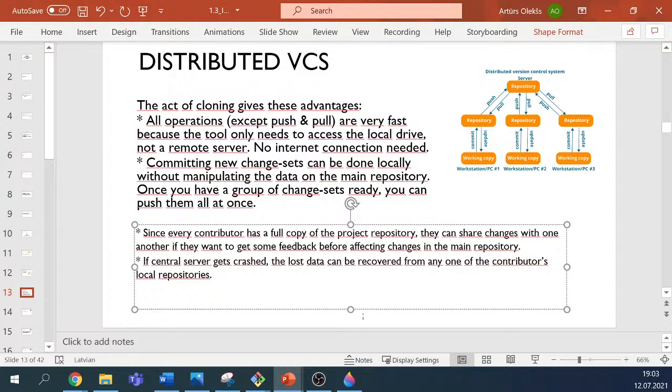And yeah, since everyone has a full copy of the project repository, they can share changes with one another if they want to get some feedback before affecting the changes in the main repository. That's true, and also at this point the changes can be distributed one by one. We'll also see the approach of the branches. We'll talk about the branches a little bit later, but yeah, so this approach